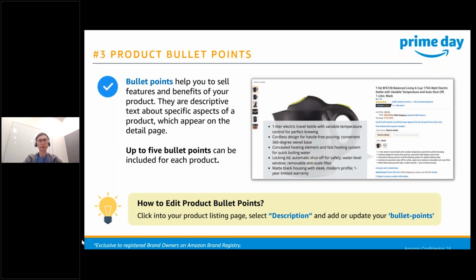So take note that well-written bullet points will naturally contain keywords, but the first priority that you should be aware of is that you are helping your customers to make a buying decision. So do your best to communicate clearly the benefits and the features of your products. What you can do is highlight the key features you want buyers to consider, like the size, the dimension, the suitable age that the product is usable for, the ideal condition for the product, the skill level, or the content, or even the country of origin and so on.